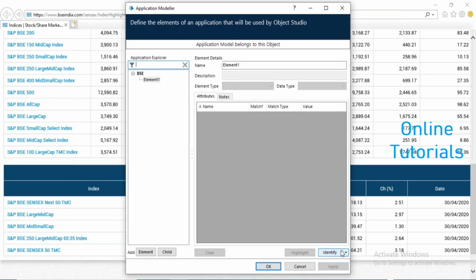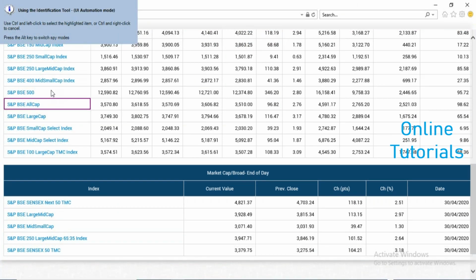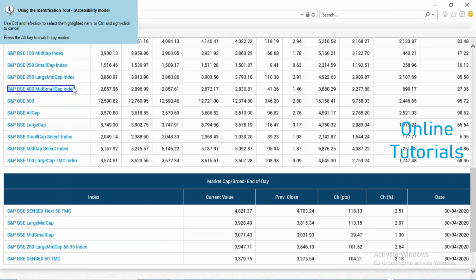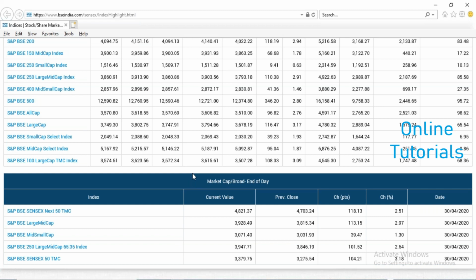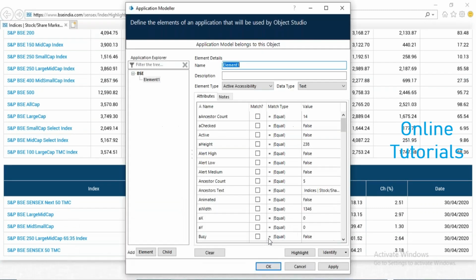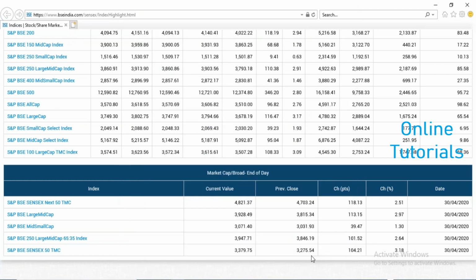Now here we have to read the table. Earlier, we were just clicking on identify, and if we highlight, we can only highlight single values one by one, but we cannot go for this entire table. If I do a control left click like this, all the attributes of the entire page, meaning the rest of the elements, will not be captured. If you click on highlight,